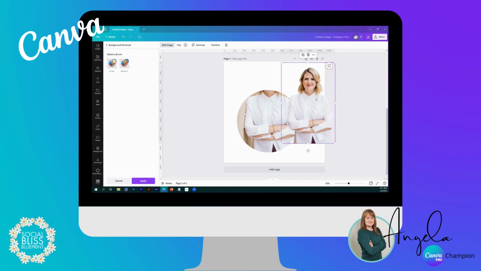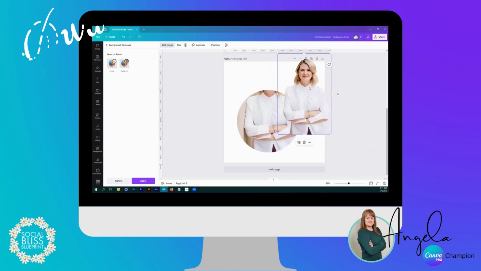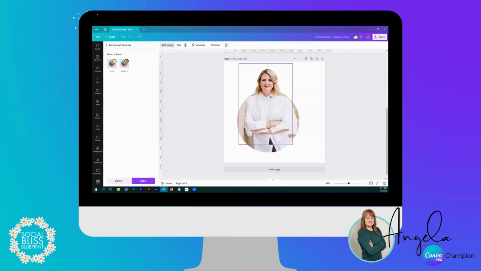And then we're going to pull this over on top of this. Now, if you pull anything on top of frames, of course, it sucks it into the frame. But if you hold the Control key the whole time you're working with an image on top of a frame, it won't pull it into the frame. So we're going to hold Control. We're going to pull this over. And then we're just going to start